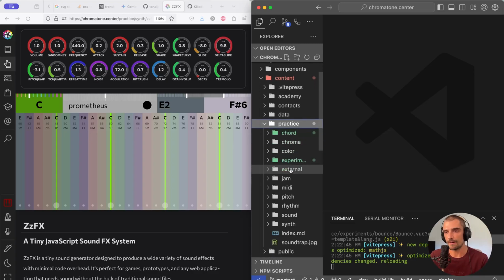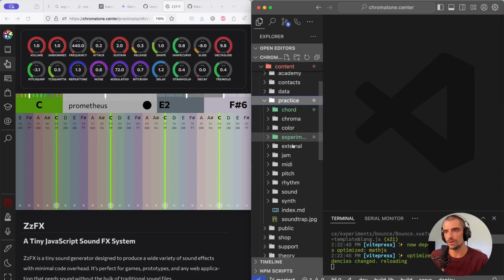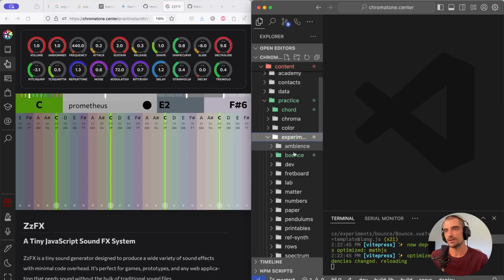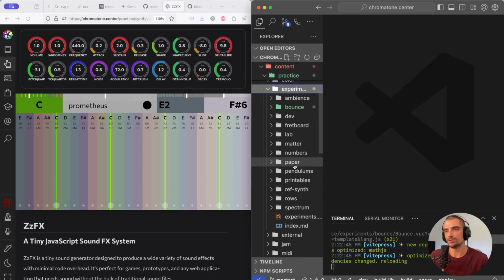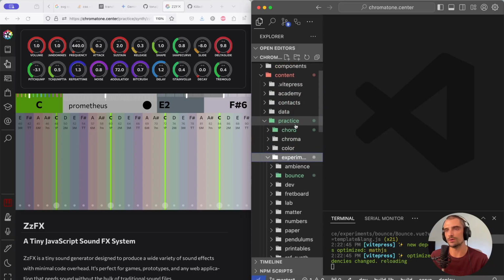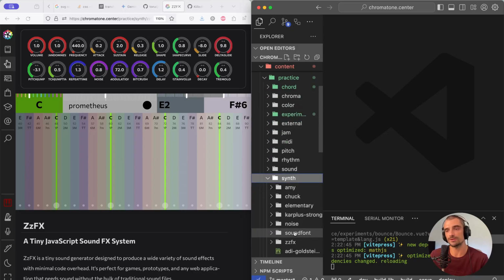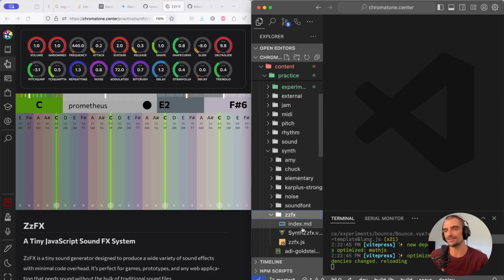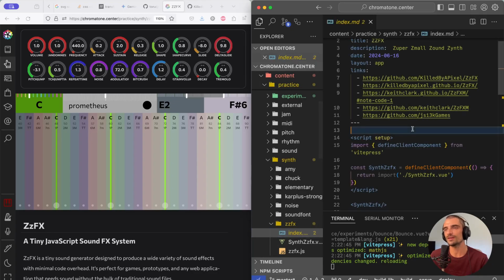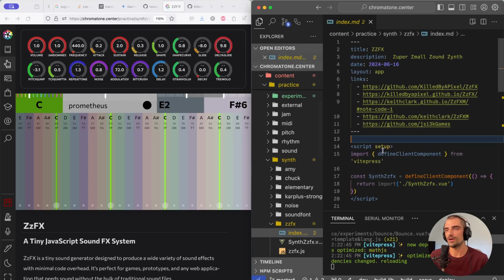So we go to experiments, oh no, we go to practice, we go to synth already, because it's not an experiment, it's quite a working thing. So here we have the markdown file. That's about the page where we're at. So title, description, and yeah, let's make